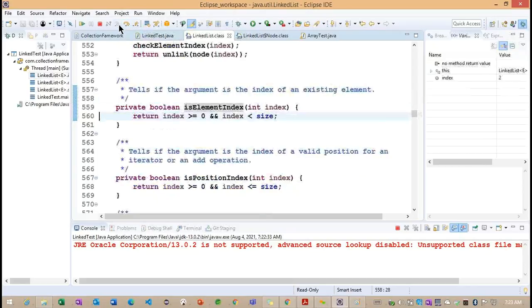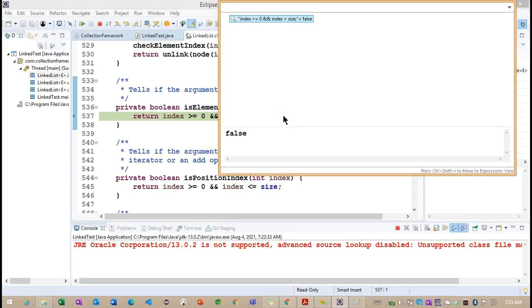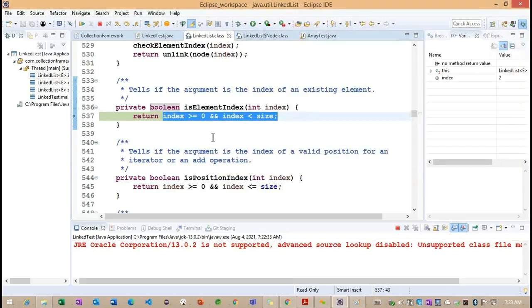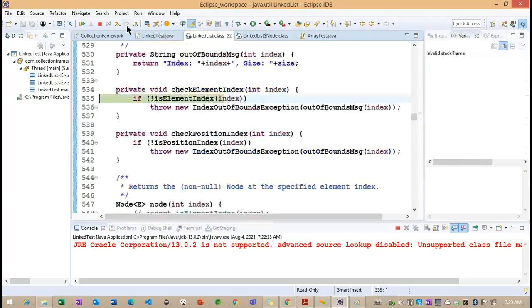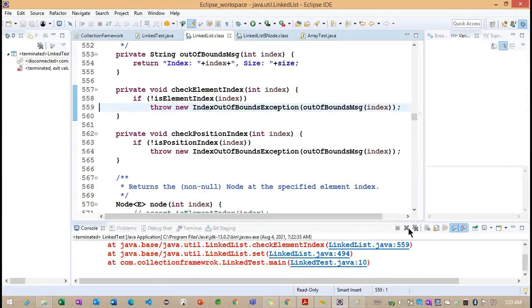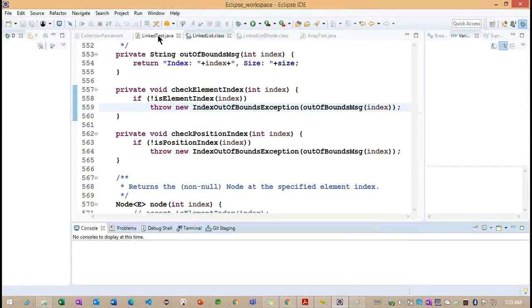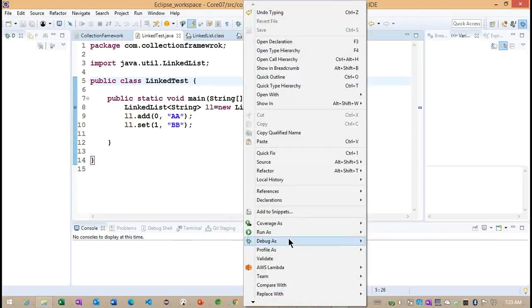Now if I move on, it returns false. Why is it returning false here? The size we have is 1, the index we have is 2. So we are going to get an exception. First we need to understand here, whenever we work with any index-related method, it will give an out of bound exception whenever we give an index more than the size.